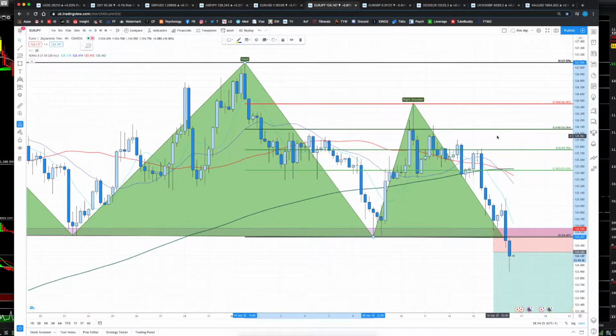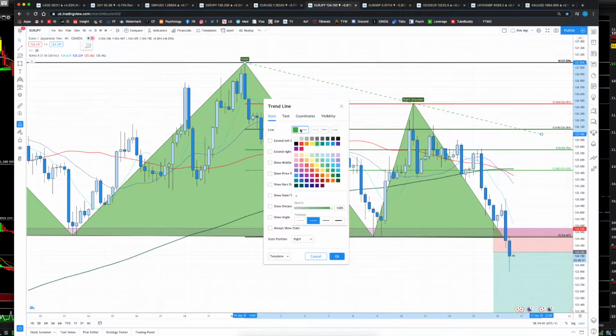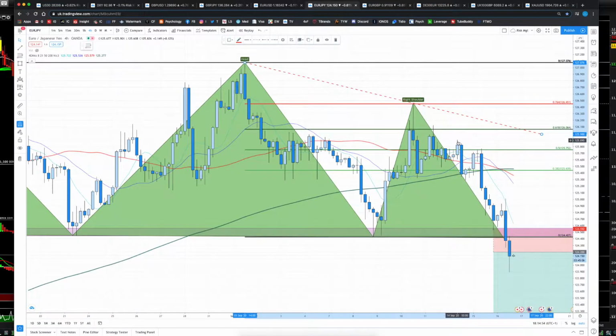Third would be that you understand that we're in a head and shoulders formation. You can clearly see the head and shoulders formation set up. You take your trend line, you use the recent highs and the recent lows, and you're basically saying, okay, this needs to go up and test this area, and then this head and shoulders is void. If however it doesn't, and it just continues to make lower lows like it's doing here,